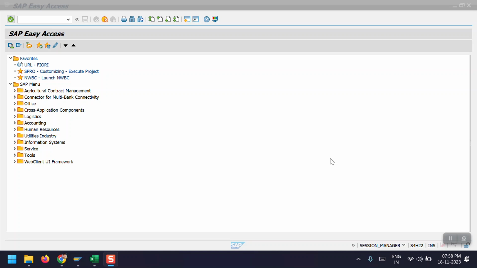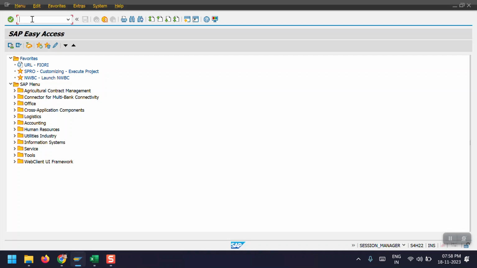Today in this section I'm going to explain how to post the asset acquisition through vendor in the SAP system. To post the asset acquisition through vendor in SAP we have to use the transaction code F-90. In this session I'm going to explain the step-by-step process to acquire the asset through vendor. So let's get started. In the command field, I am entering the transaction code as F-90,